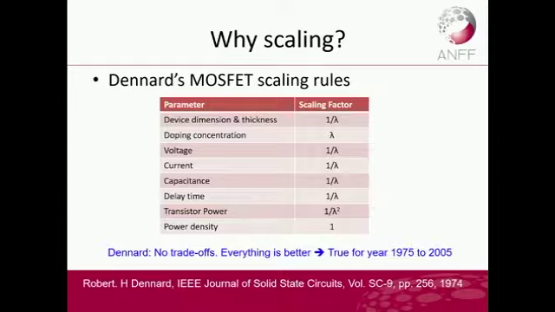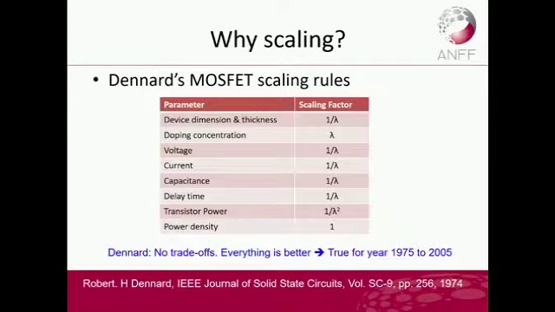your voltage required to switch the transistor is also 1 over lambda lower. Your current is lower, your capacitance is lower, your delay is less. So you can switch the transistor faster and faster, which means you can have faster and faster CPUs. And you're going to consume less power to switch the transistor while the power density remains the same, which is really true. And that was considered a golden era of transistor scaling until about 2005, when things started to fail,